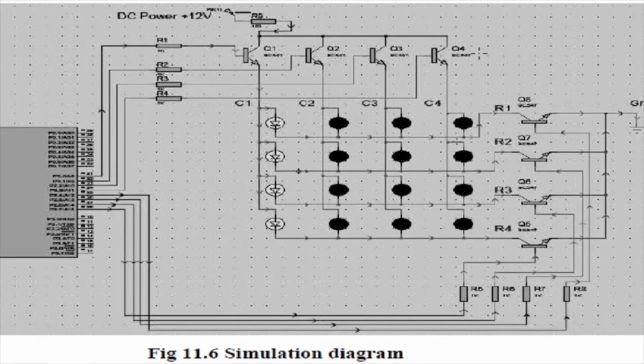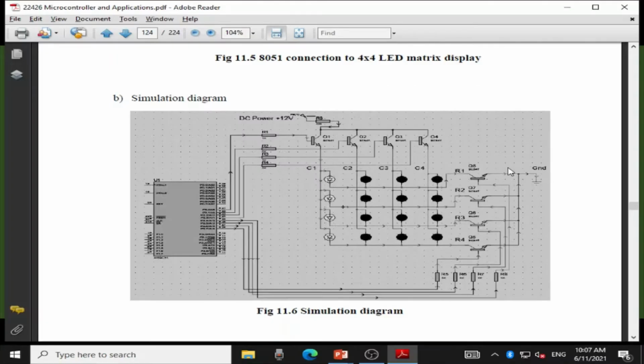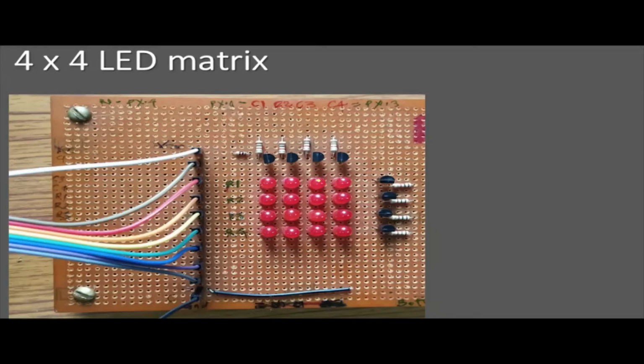So this is the way in which interfacing of 4 into 4 LED matrix can be done with 8051 microcontroller port pins. Now let us look at the actual module which I am going to use in the practical. So this is the module where these individual rows are R1, R2, R3, R4, and these are the individual columns which are named as C1, C2, C3,